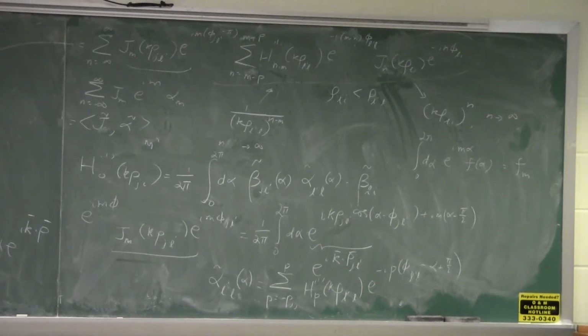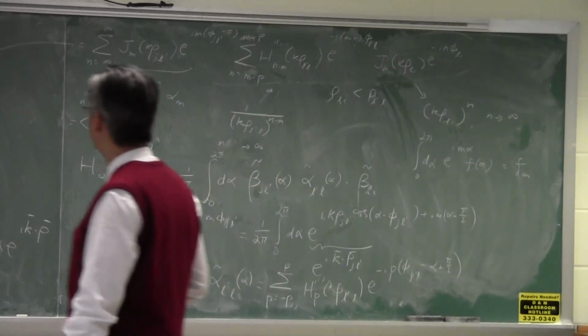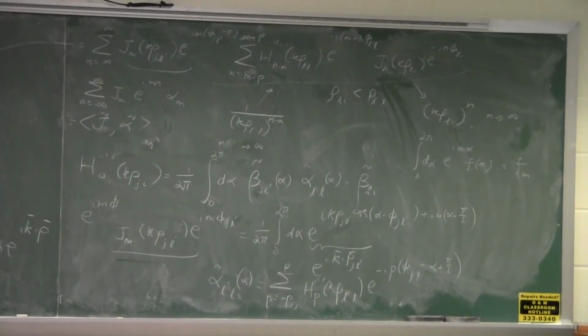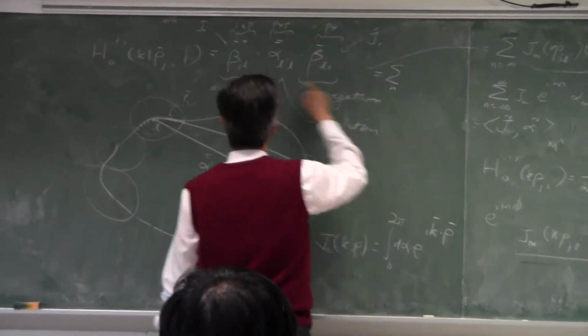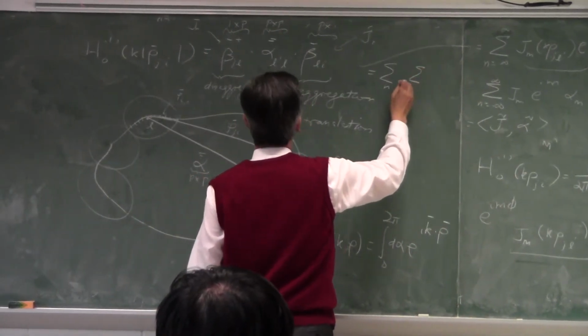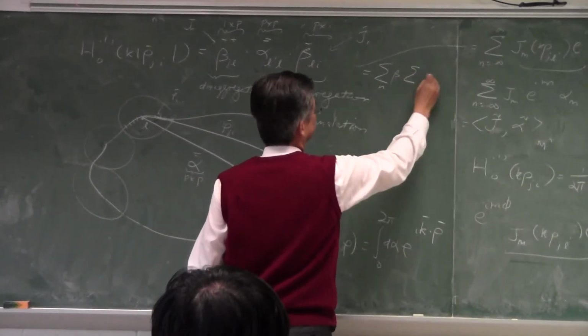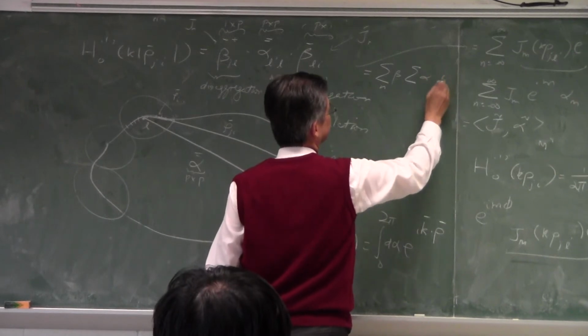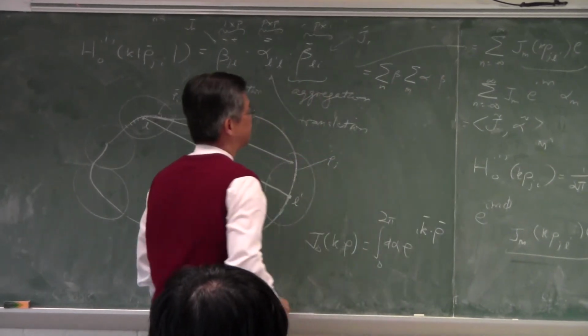This identity tells you that originally I have double summations here. If I were to multiply and write this out, I will have a summation that corresponds to this dot product. I will have another summation that corresponds to this dot product. I have double summation because